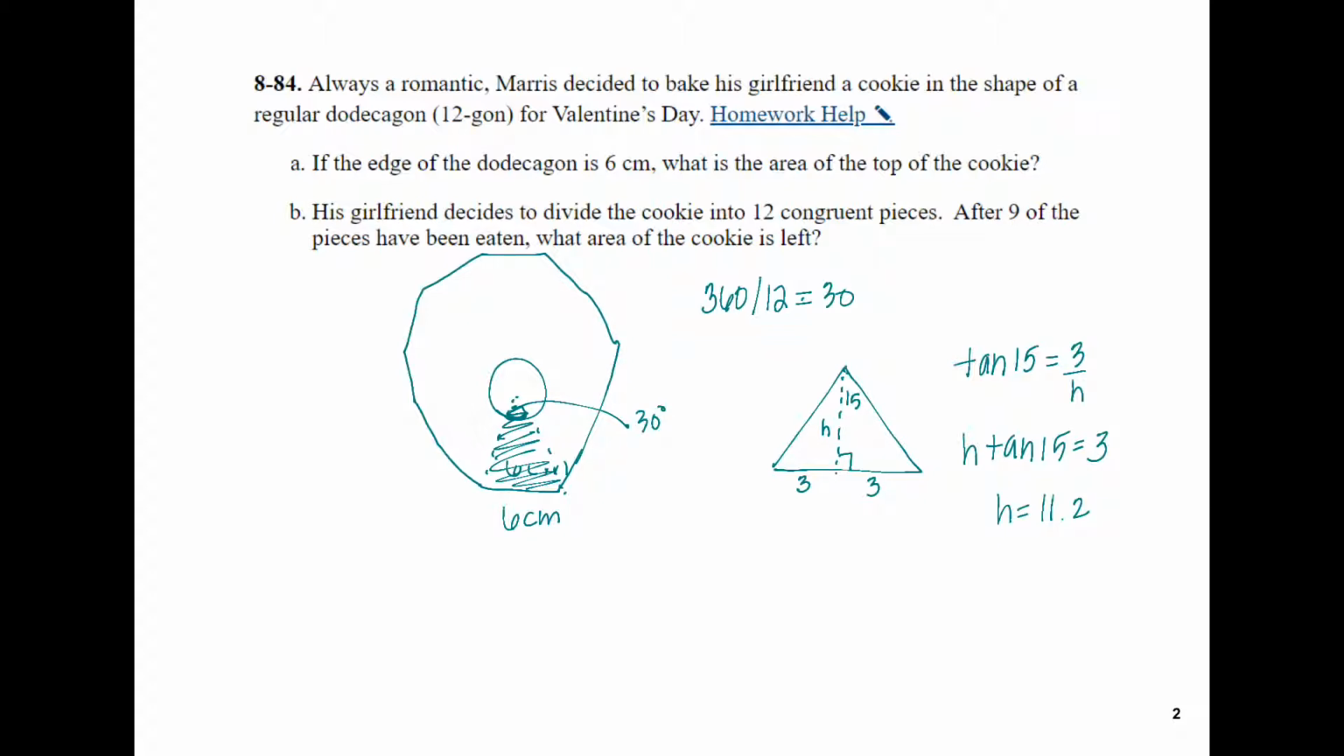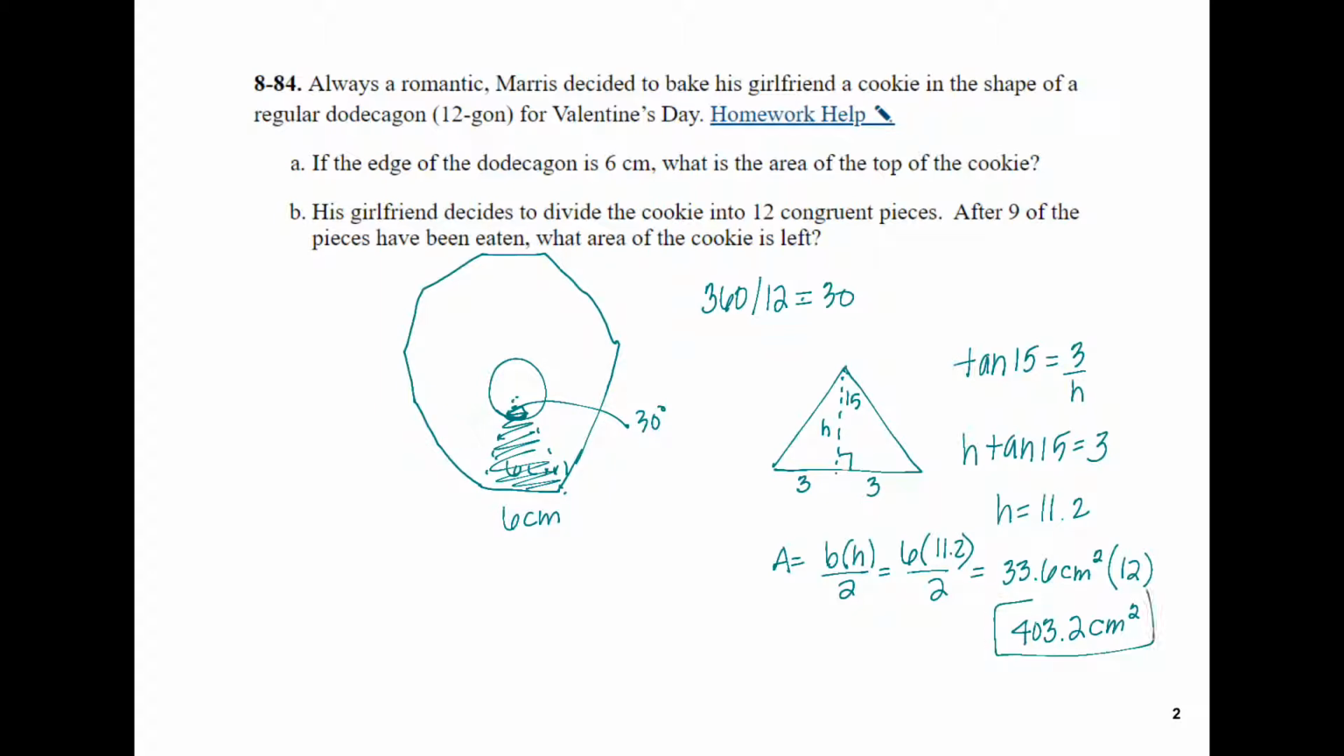So to find the area of a triangle, we take the base times the height divided by 2. Our base is 6. Our height is 11.2. Divided by 2 would give us the area of our smaller triangle, which would be 33.6 centimeters squared. We then want to multiply that by 12, so we would have a total area of 403.2 centimeters squared of our cookie